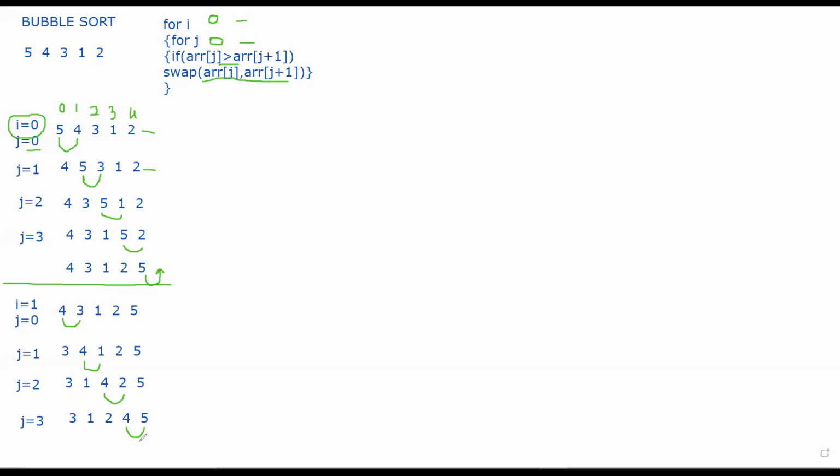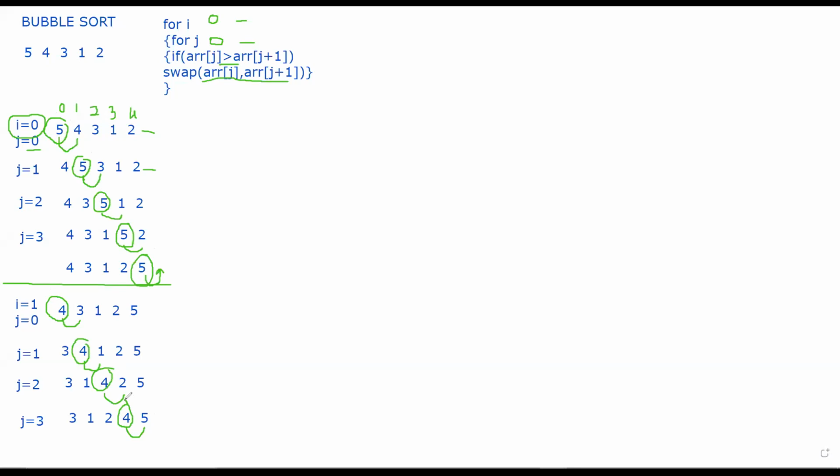This is the last pass, but did you see the pattern over here? The number 5 is moving forward, one step ahead it is moving. Here also, this number 4, that is the second greatest number, is moving forward one step ahead.